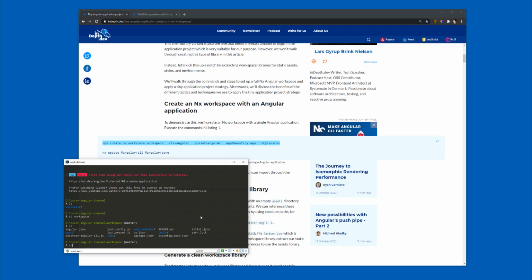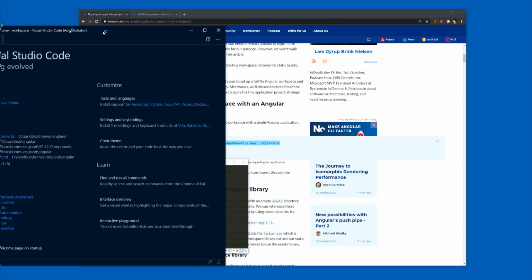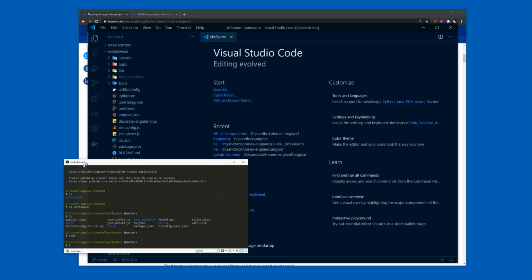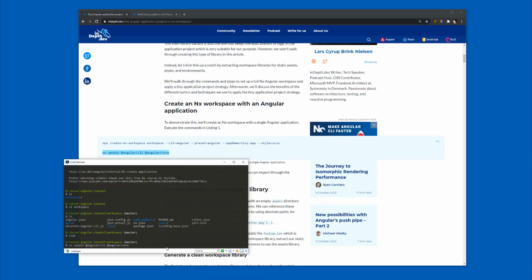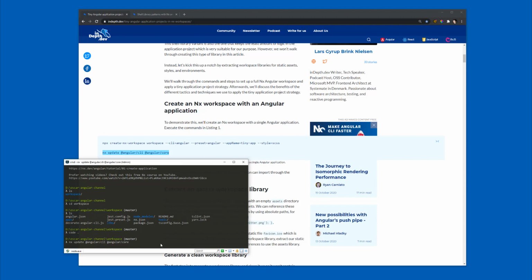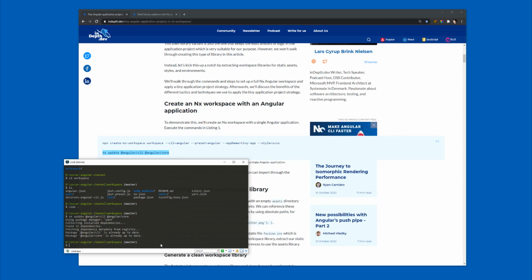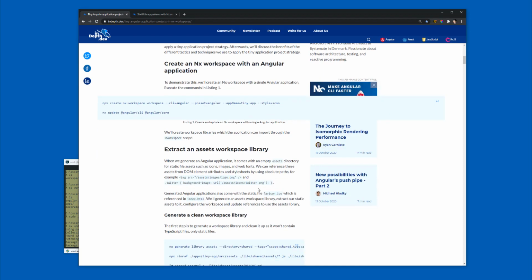So I'm going to open this with code and bring code into the window, and this is what we have as a result of creating the workspace with that command we just saw. I can run this. I don't think it's necessary, but I will run it just to follow the article, and basically it's trying to update to the latest version. But everything seems to be up to date. Right, so next thing is we're going to